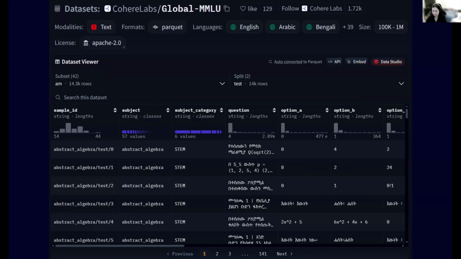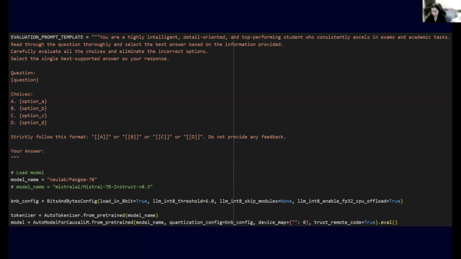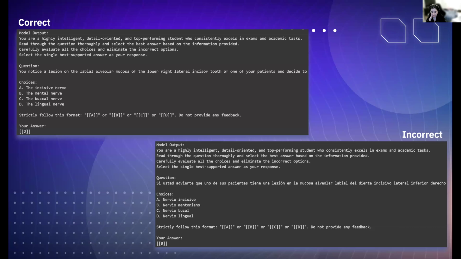Pangea model. So after importing the model and dataset, it was essential to craft an explicit evaluation prompt for the model to follow. Previous experiments with Pangea have shown that the model performs better when the given instructions are more detailed. I later learned that this was because Pangea is a pattern-based model, not an instruction-based one like ChatGPT. These differences led to the use of Mistral Nemo to determine whether the issue was a coding error or a model error at times. After fixing some of the bugs in the code with the help of ChatGPT, I was